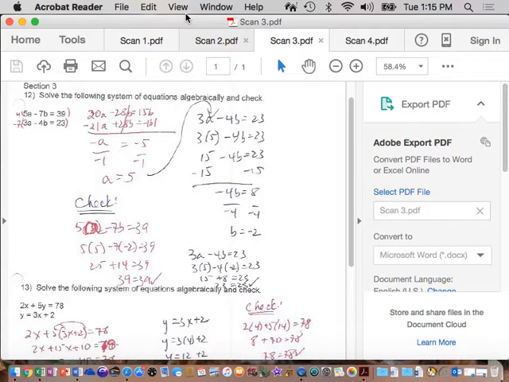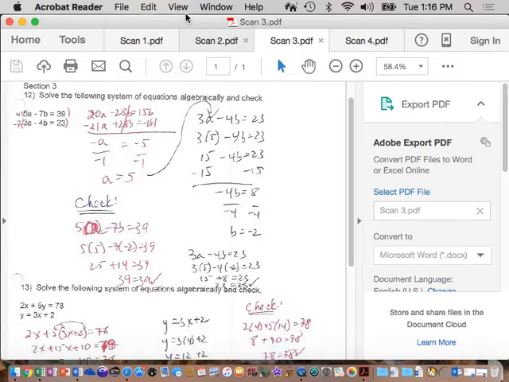Manny? For 12 like that, A equals 4 and B equals negative 1, and I checked it, and it worked out fine. I did too. It looks like mine's checking too. Did you have the same original? Did you do section 3 or did you do section 2? Section 3. You sure? Yeah, I did it too. Because A equals 4, and